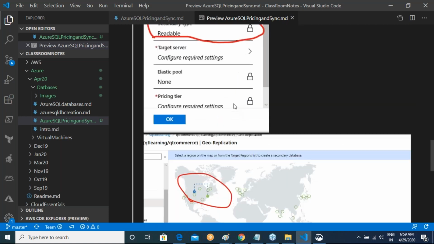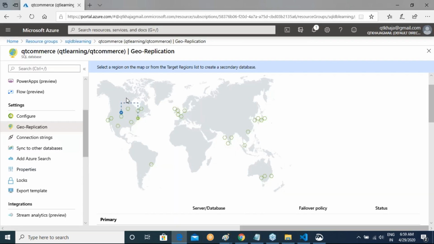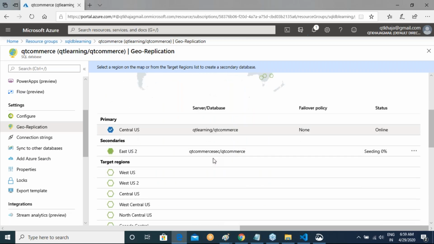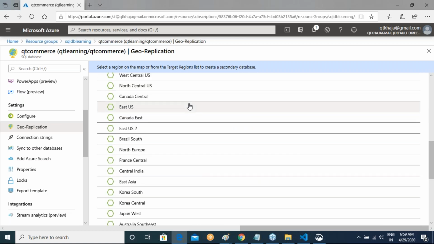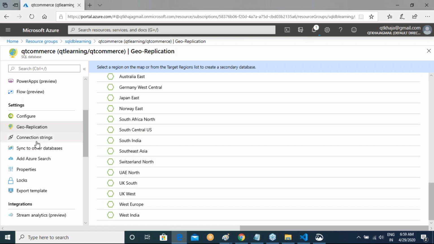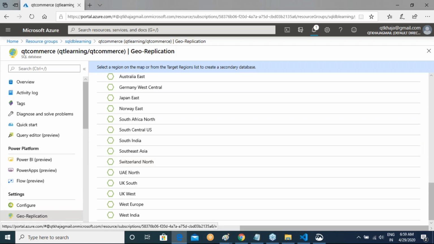So once you have done this, after it says that it has been replicated and this activity is finished, you have your own database. But there is one more basic thing over here. There is something called failover groups. We will come to speak about what those failover groups are and all of that.